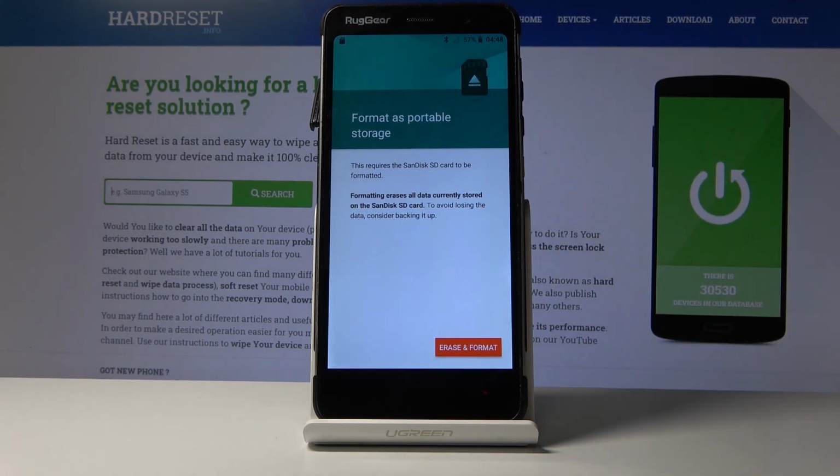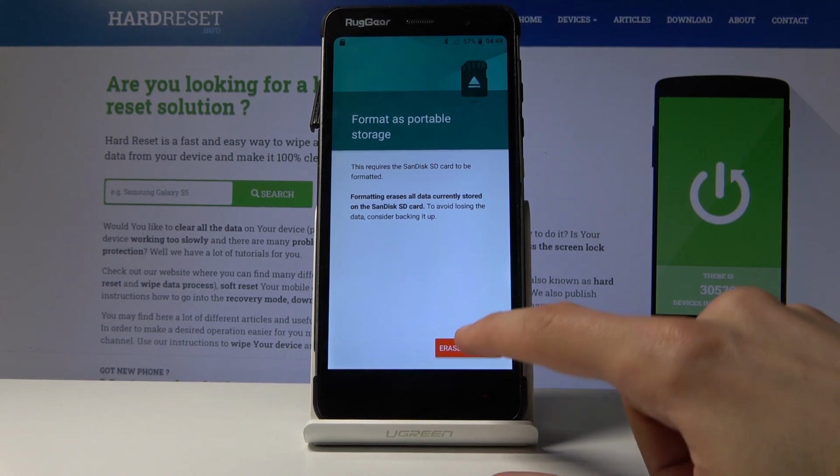Tap on it, and it gives you a message that it will remove all data, so if there's anything that you would like to keep on the card, you might want to back it up before you begin this process. But assuming you've already done that or you have nothing there that you wish to keep, tap on erase and